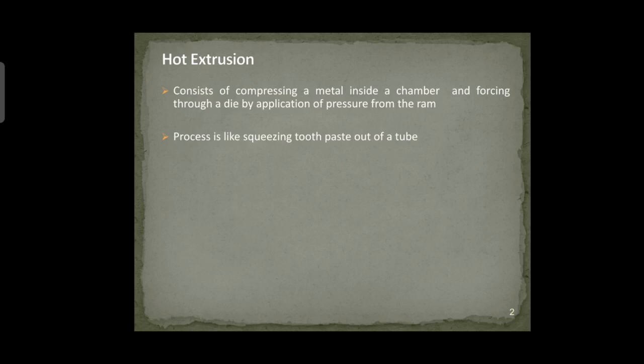We are applying some pressure on the toothpaste. What happens is the material present inside the chamber will extrude out of the open end. From that opening the material will get extruded out. You can consider the opening of the mouth of the toothpaste tube as a die. According to that shape, the material will come outside.